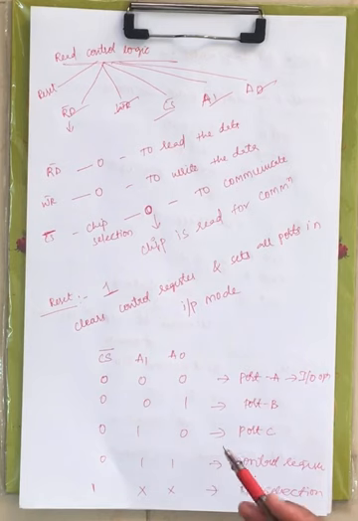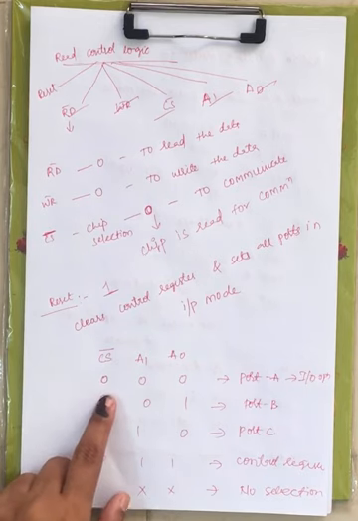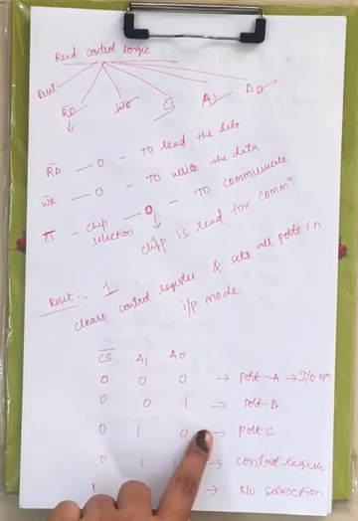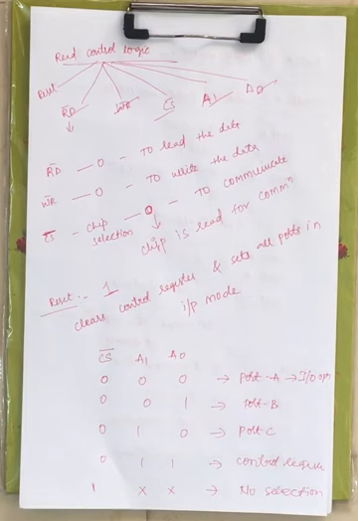Now we have a block table for chip selection, A1, A0. Using these signals, we can select port A, port B, port C and the control register for IO operation. When CS bar is 0 and A1, A0 is 00, port A is selected for IO operation. For 001, port B is selected. For 010, port C is selected. For 011, the control register is selected. When CS bar is 1, irrespective of A1, A0 values, either 00, 01, 10 or 11, you can't select port A, port B, port C or the control register.